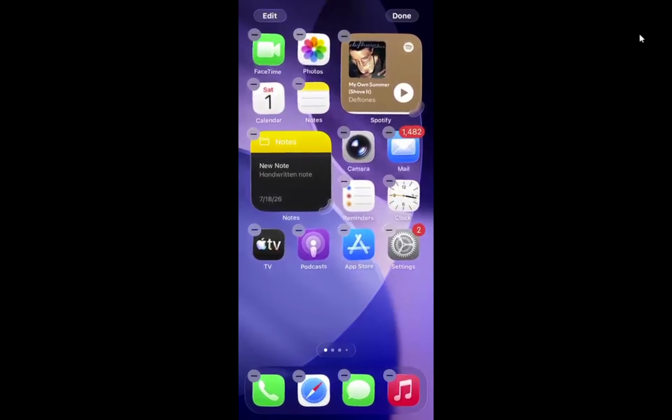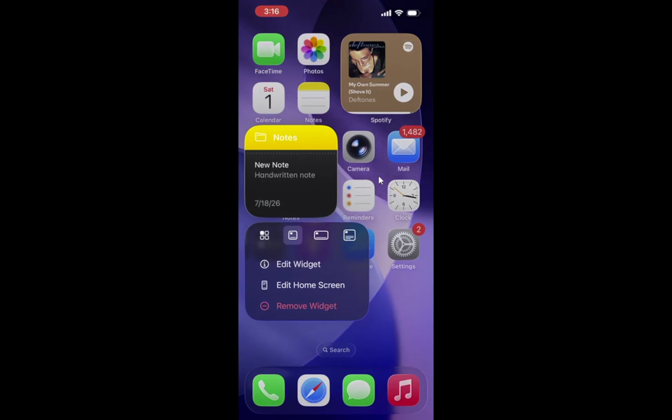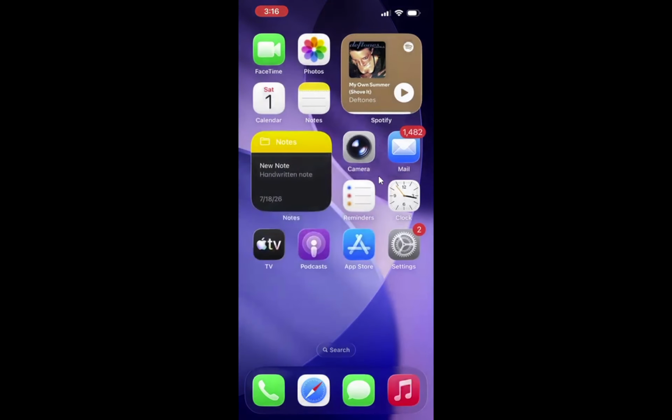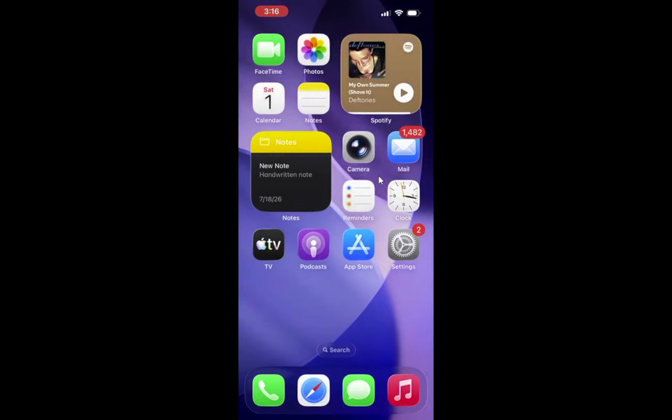Now let us adjust what a widget displays. Some widgets can show different data without adding a new one. Touch and hold the widget you want to change until a small menu appears. Then tap Edit Widget. A configuration panel opens right on the home screen. Here you can choose from the options that widget supports, for example, a different city in weather or a different list in reminders. Many beginners forget that these choices are specific to each widget, not the whole app.